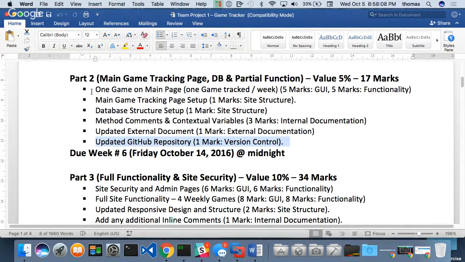So, one game on the main page. Some people say, well, one game, I might as well do all the games. Do all the games if you want, but I'm only looking for one game to work and connect to your database. That's what I'm looking for next week. If you can do that, that satisfies my requirements. One out of four means you can have placeholders for the other ones, but have that one working. That means you know how to connect to the database. Navigation is not a big issue, but I should be able to read from one table in the database next week. You don't have to have anything in the other ones.